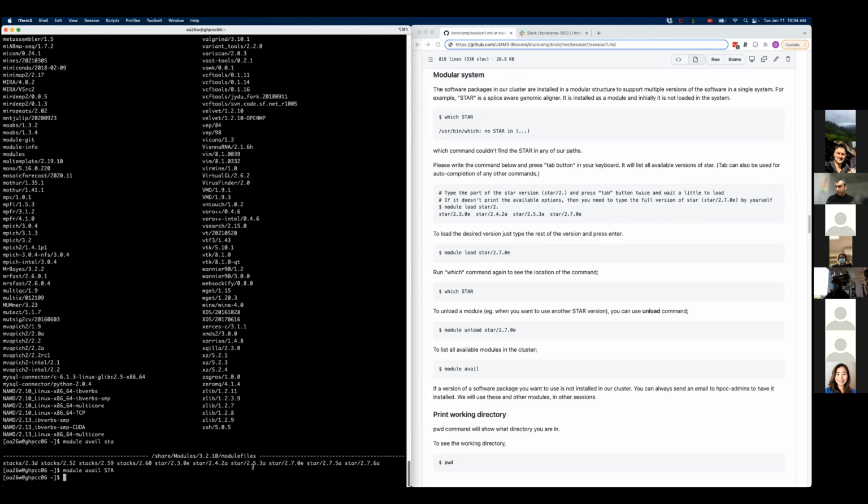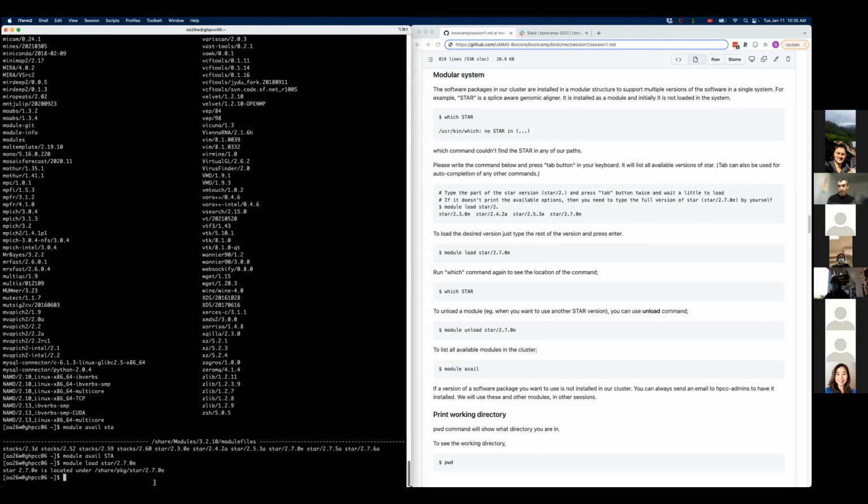So if we want to load, for example, STAR version 2.70e, you could either just copy this or just type exactly what it is. We would do module space load space paste the exact module name, and now it has loaded it for our use.